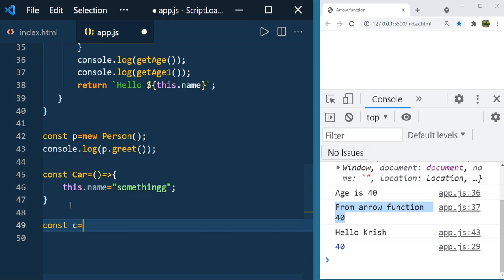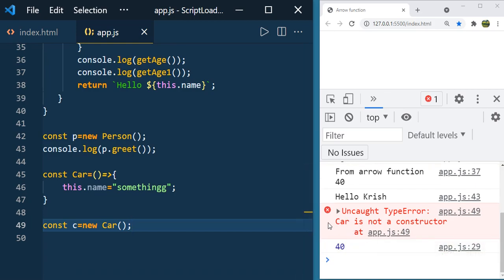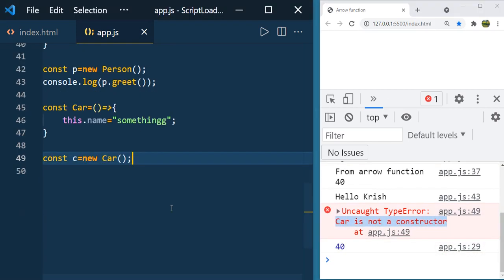Constant c equal to new car, right? Let us see the result. You can see that car is not a constructor, so you can't create a constructor for the object that you created using the arrow functions.